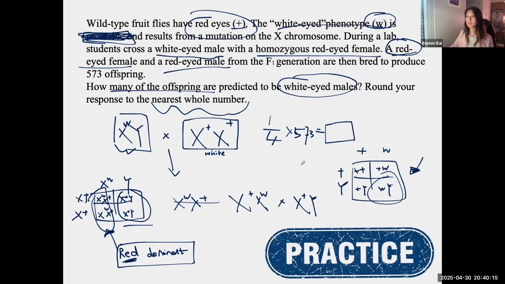Other questions about this? It is definitely important to think about how the Y chromosome always comes from dad, the male parent, and the X chromosome for a male always comes from mom. For females, the two X chromosomes, one is from dad and one is from mom. And because male offspring only get one X chromosome, they have a higher chance of having